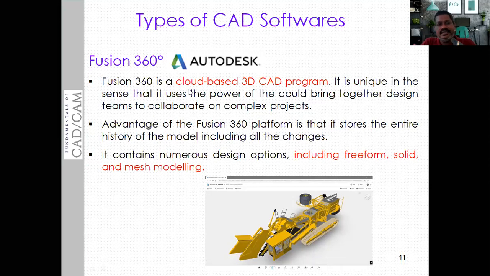So Fusion 360 is a cloud-based 3D CAD model. Cloud-based means there is one server on which we are going to load all the software, and from there we are going to use it. That is the cloud-based technology. Cloud-based technology means we have one server. Instead of purchasing software individually,